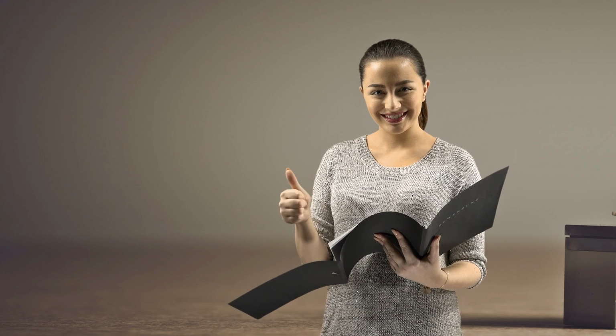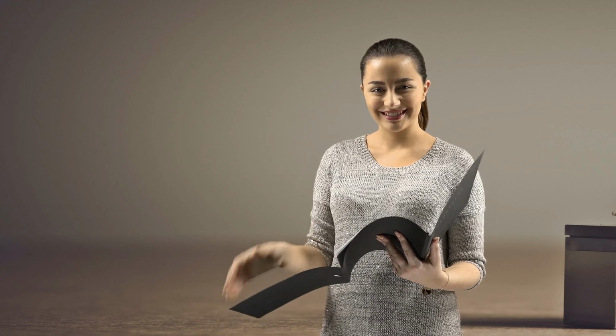bit short. And there you have it, folks, our 7 highest rated kitchen trash cans, which got our team at